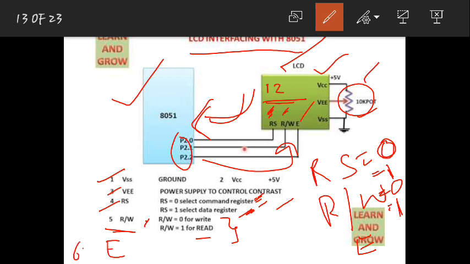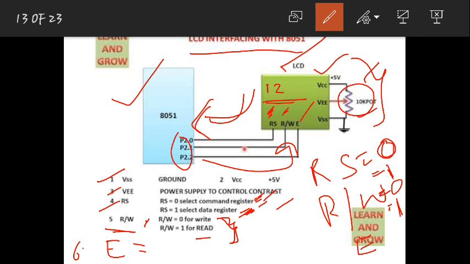Next you have one more pin, pin 6, that is the enable pin. This enable pin generally latches the LCD. In simple words, it lets you perform any action. For example, you are giving a command or data, and if you selected data, you can read or write, depending on the user. Whatever you want, you can write a program that way. But for that to work, I should use this enable pin.